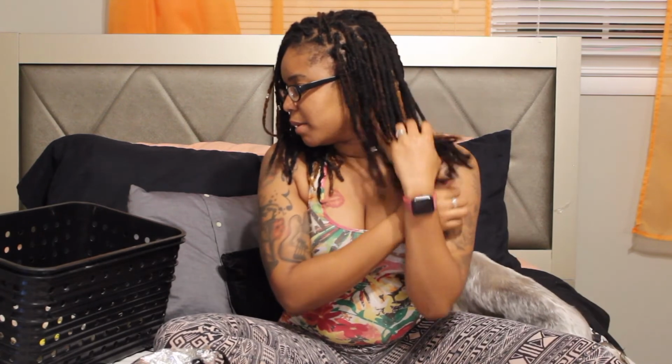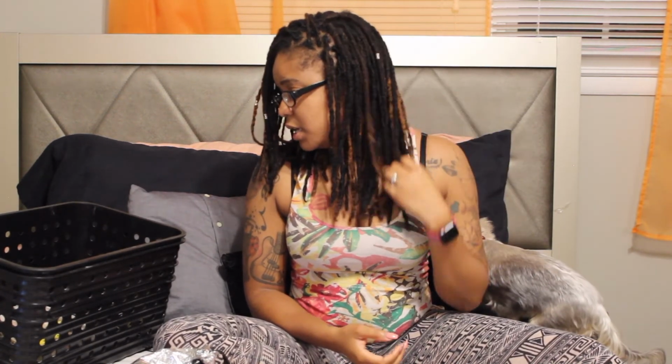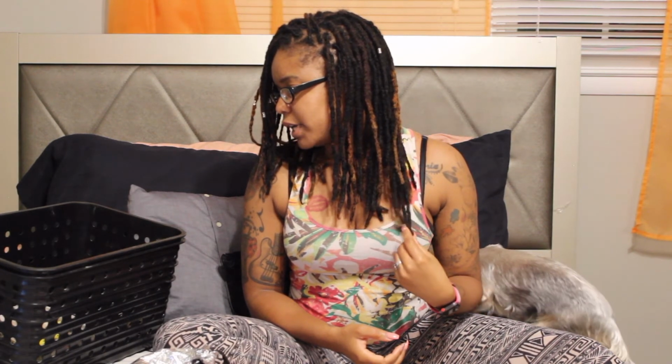That is literally everything that I use on my hair, besides hair dye if I dye my hair, but I'll show you that in another video. I haven't dyed my hair in a while, since the last time I bleached it and dyed it red, so you'll see the blonde pieces. I actually like it like this. I might do a darker color because of the fall, but other than that, that is all I use